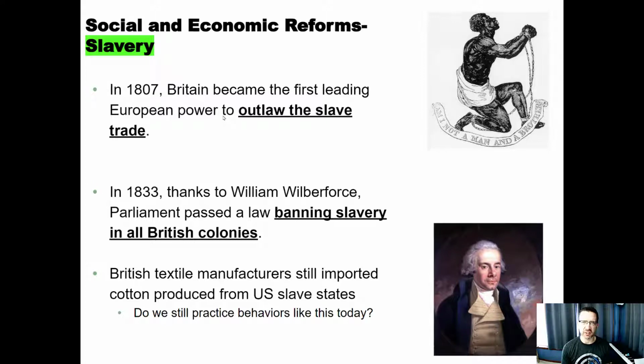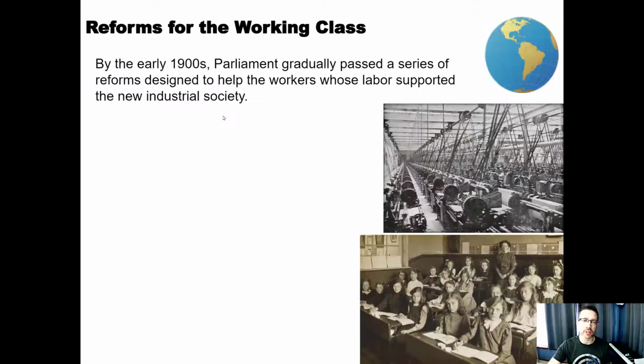So yeah, it's very relatable today. I mean, some people feel like some of the products we receive in America come from basically slave labor, child labor. So there's kind of a push today, companies, Congress, and even just consumers, pay attention to this more and more. And so maybe we'll see work conditions improve in other countries because of it. So with that, there are reforms in the working class as well.